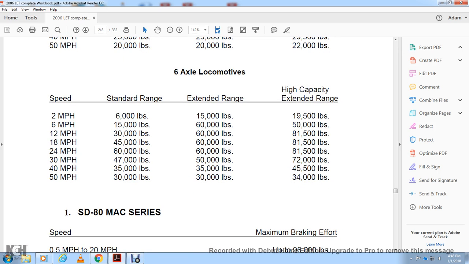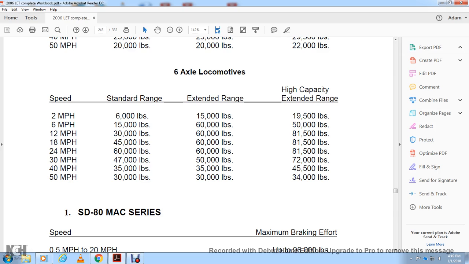6 axles. 2 miles an hour, 6,000 pounds, 15,000 pounds, 19,050. 6 miles an hour, 15,000, 60,000 pounds, 50,000 pounds. 12 miles an hour, 30,000, 60,000, 8150. 18 miles an hour, 54,000, 60,000, 8150. 24 miles an hour, 60,000 pounds, 60,000 pounds, 8150,